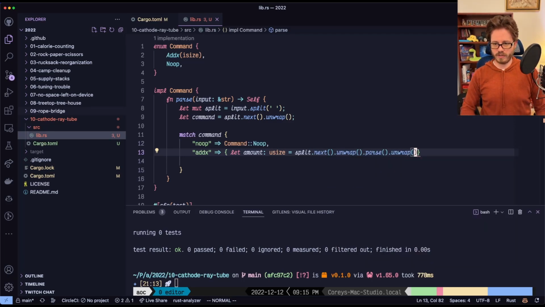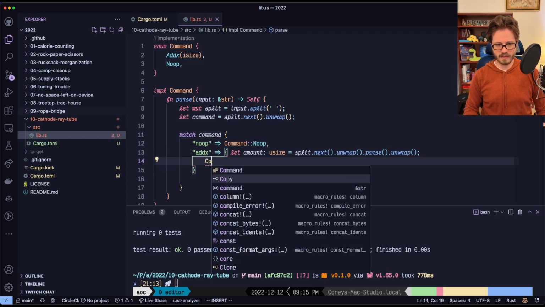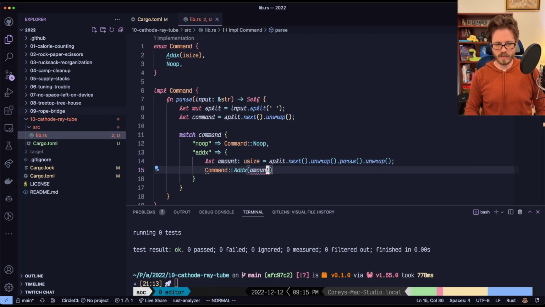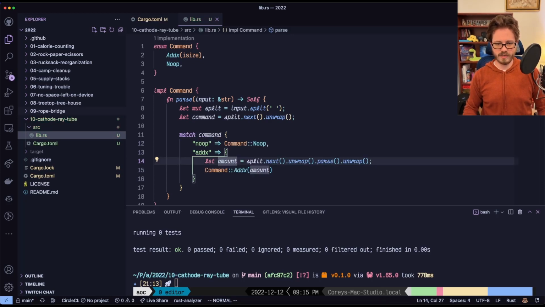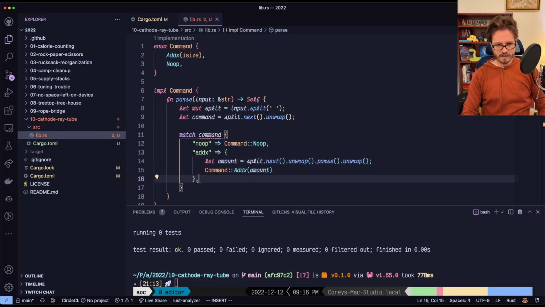We're going to do it all in one line here, and then we can do a Command of AddX of amount. I wanted to parse that to an isize, and actually I don't need to tell it what it is because it's going to be able to figure it out from knowing what our AddX command holds. And then if you get anything else here, we're going to panic